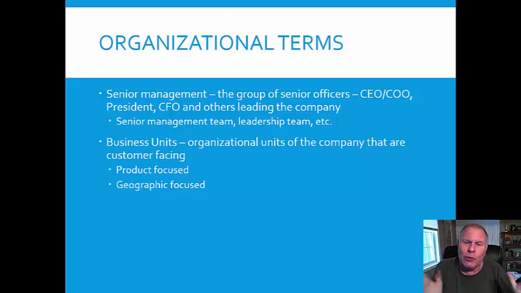Companies are broken down into different organizational pieces. Sometimes they're product focused, sometimes they're geographically focused, and sometimes they're industry focused. Product focused, let me use the bank as an example because that's one that I'm most familiar with. On a product focus, you may have a mortgage department, you may have a trust department, you may have an auto loan department. Then on the geographical side, in New York State, we had Western Region, Rochester Region, Syracuse Region,